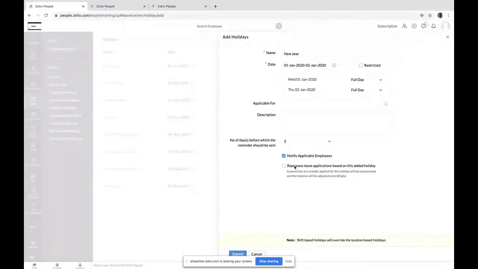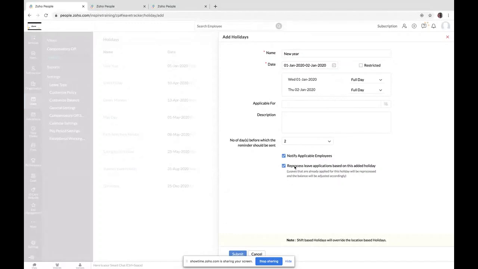And another option which we do have is reprocessing the leave applications based on the added or edited or deleted holiday. So let us assume your organization has already defined a specific holiday, for example, Ramzan as May 10th. Employees will keep availing that holiday. Now, based on the moon cycle, say they have moved the holiday from May 10th to May 11th.